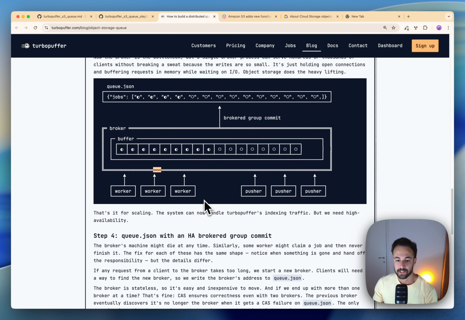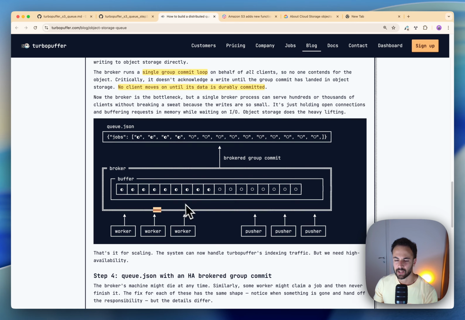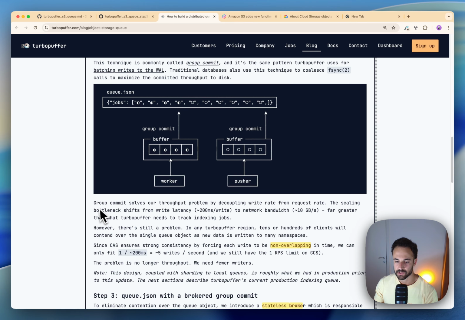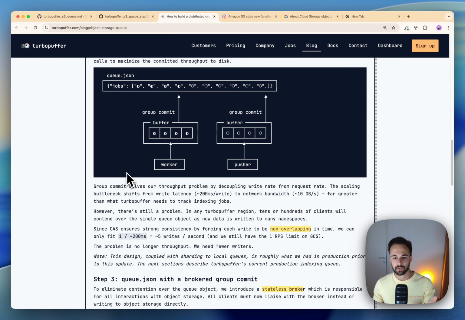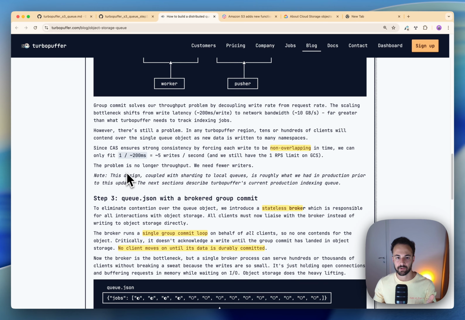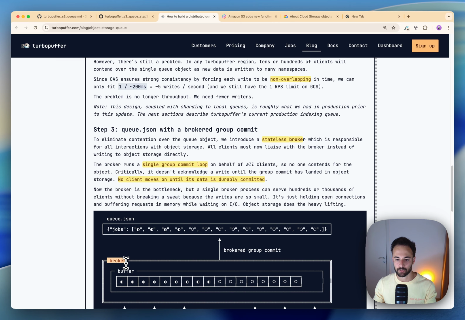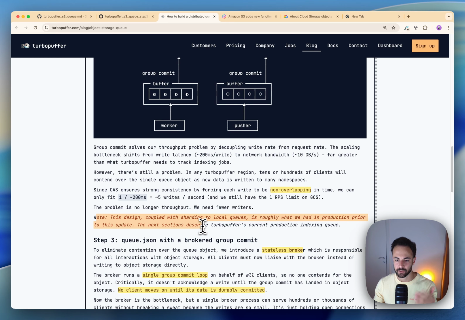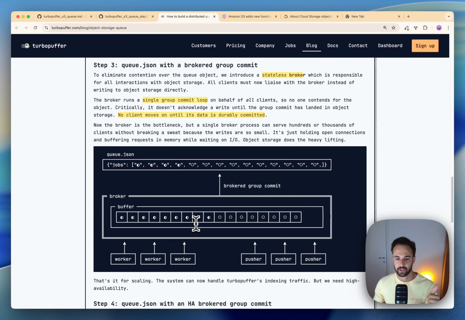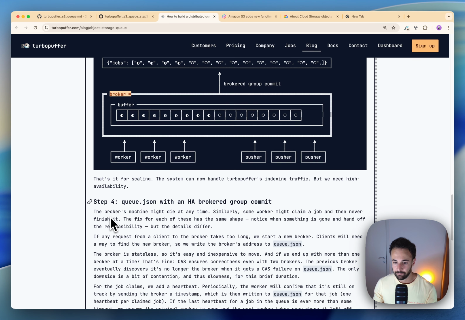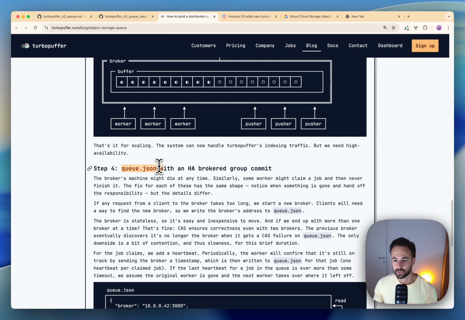Continuing on, step 4. By the way, the difference here again, as they said, was they had one queue per worker node, and what they've done now is they have batched all of that into a single broker. So the real difference from their previous design and this one is they first introduced a single file, and then they added a layer of intermediation called the broker, basically an EC2 instance that runs some sort of code. On step 4, they say queue.json with an HA brokered group commit, so a highly available brokered